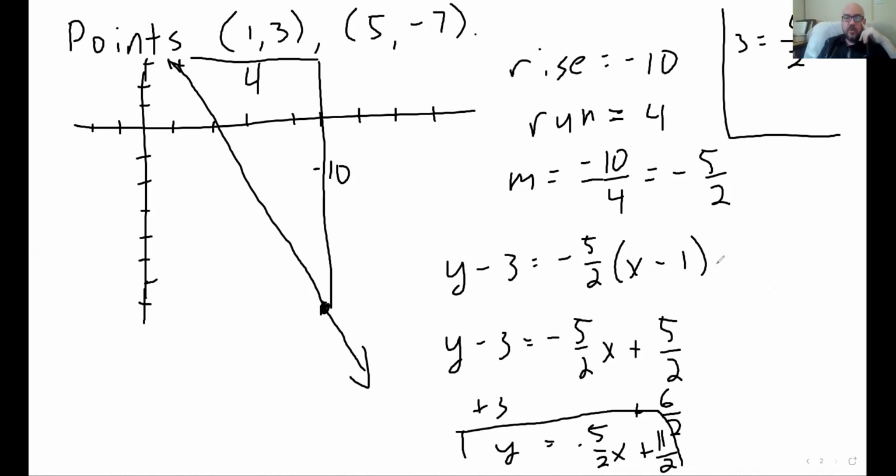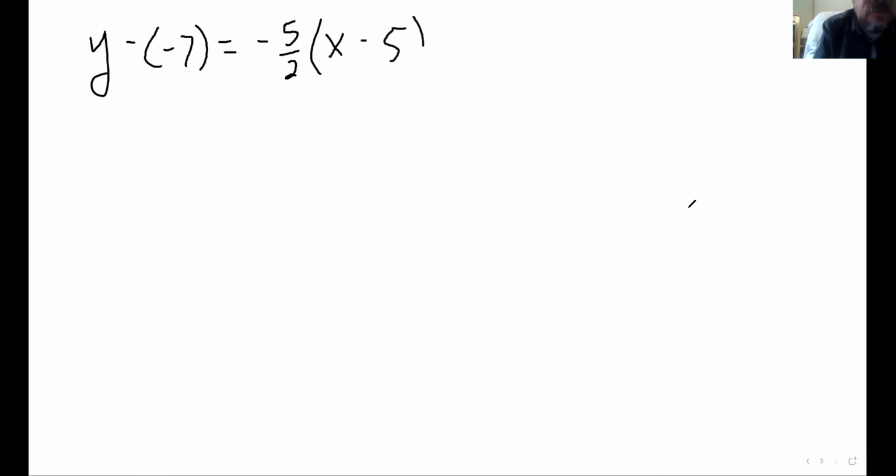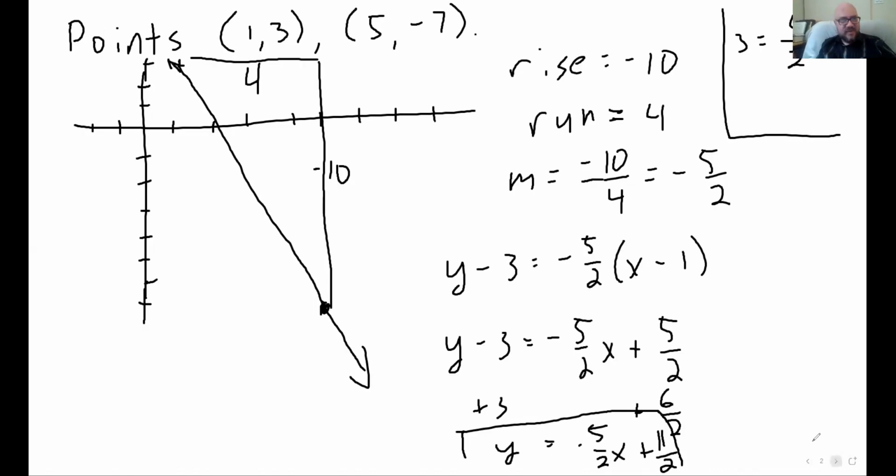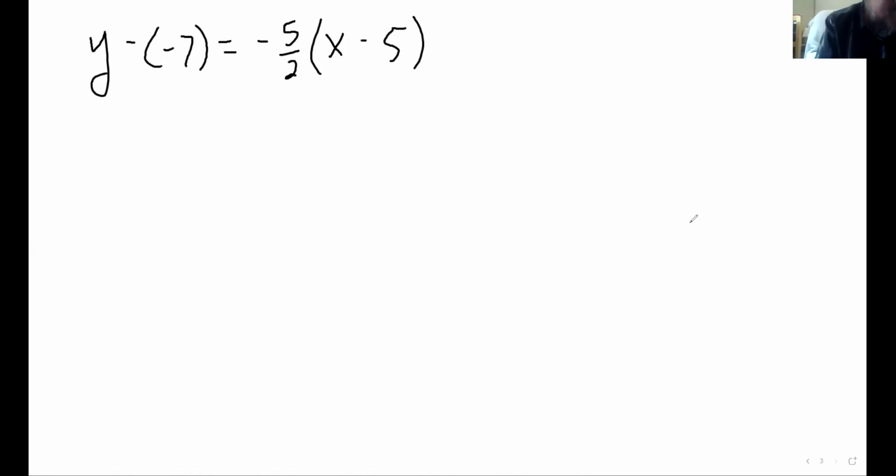Now I'm going to go ahead and do that again with this other point, just to prove the point that it actually gives you the same thing, even though it seems like it wouldn't. So x1 is 5 and y1 is -7. So we'll have y minus a -7 equals m, which is -5/2, times x minus x1, so x minus 5. I'm doubting myself that I remember the things correctly. 5, -7. All right, I did that correctly. Good. So we're going to have y plus 7